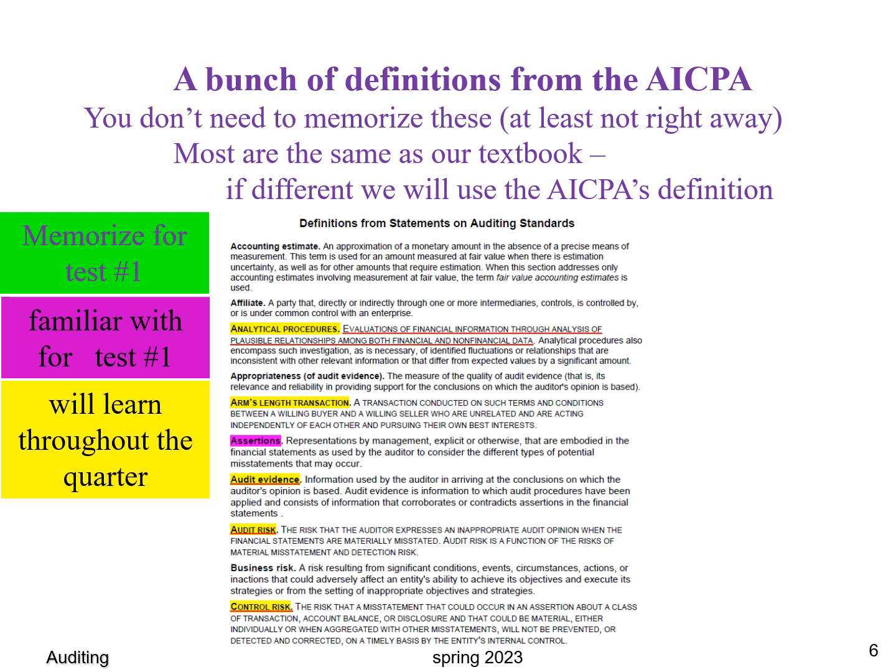Now, there's a bunch of definitions on the handout. You don't need to memorize all these for the first test. Some you won't memorize at all in the quarter, but I've tried to color code them. So the green, if they're color coded green, you memorize them for test 1. If they're purple, then you want to be familiar with the term for test 1. And then the yellow are important terms that we'll learn throughout the quarter. So just make sure you know the green stuff for test 1. Make sure you're familiar with the purple stuff for test 1.